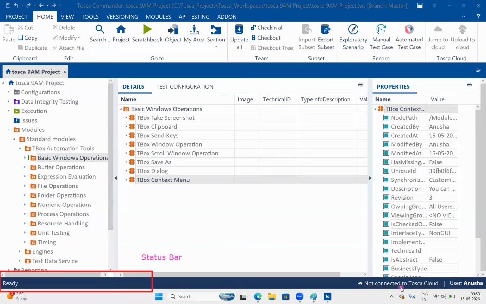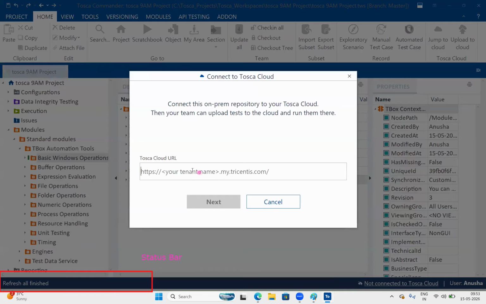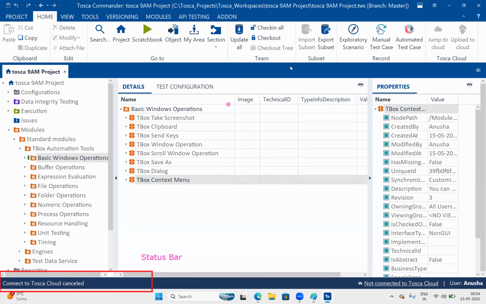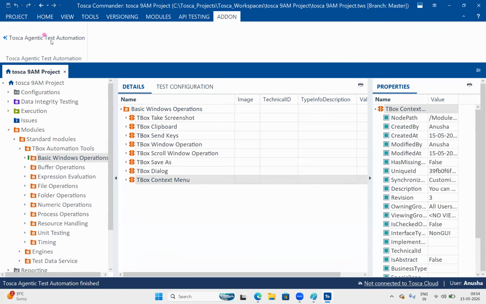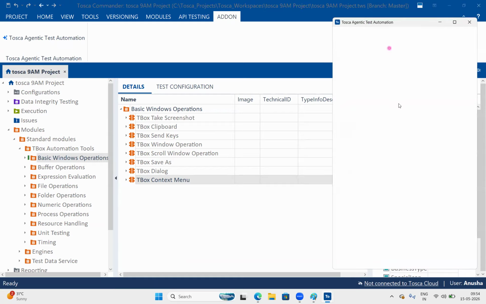How to connect to the cloud? If you click here, it automatically populates the cloud related information. Just click on connect. It asks you to enter your cloud URL here. If you have a cloud URL, then only it is going to connect. If you're not connected to the cloud, if you are trying to utilize this agentic test or copilot, that is not possible. On the right side, you can see the agentic automation window is open, but here it will show you